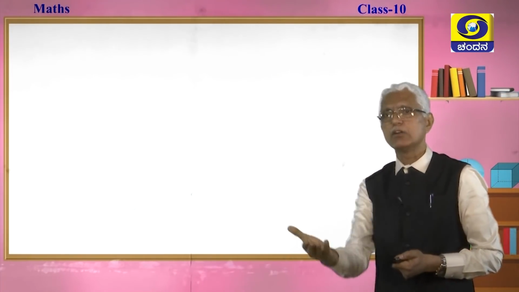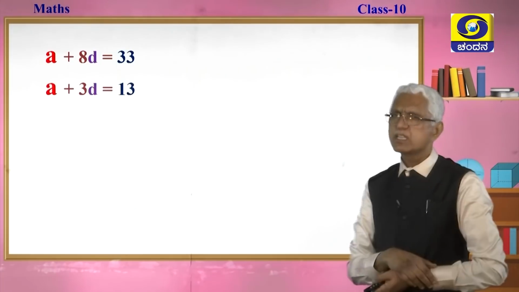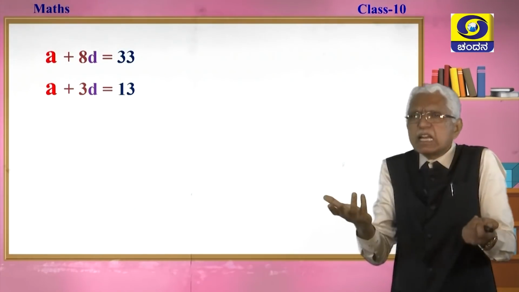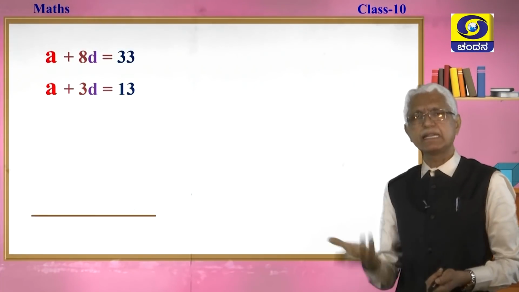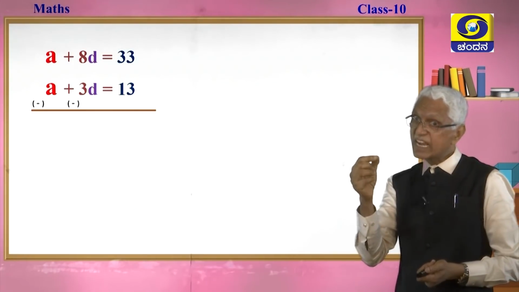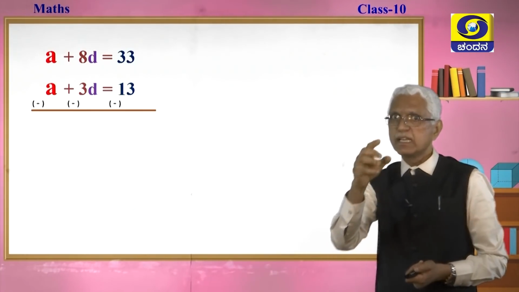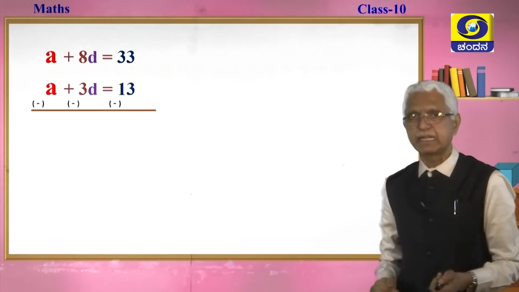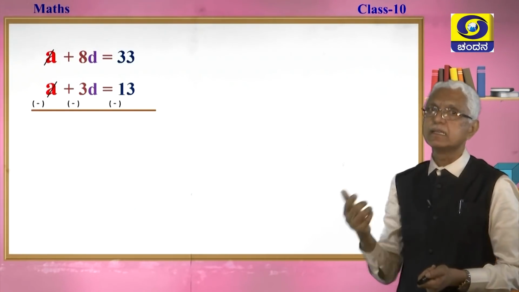And you have learnt in your previous classes in the lesson pair of linear equations how to solve. Shall we use the process of elimination? It's so simple. Who do we eliminate? We eliminate A because they have the same coefficient. 1A, 1A, easy to go. Now, while subtracting, you have to change the signs of the lower terms. Plus A becomes minus A, plus 3D becomes minus 3D, plus 13 becomes minus 13. A and minus A get cancelled.